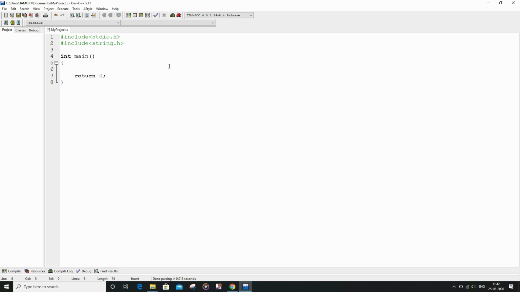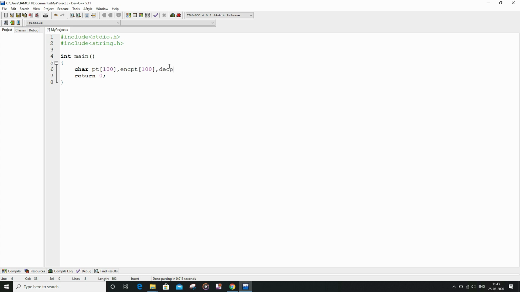And now first of all I am going to declare three character string variables, char pt. pt stands for plain text, as we all already know. And the second one is encrypt, which will store the encrypted text.